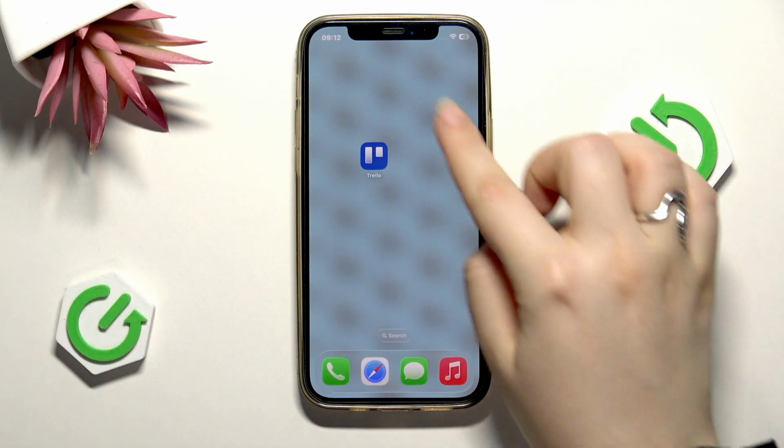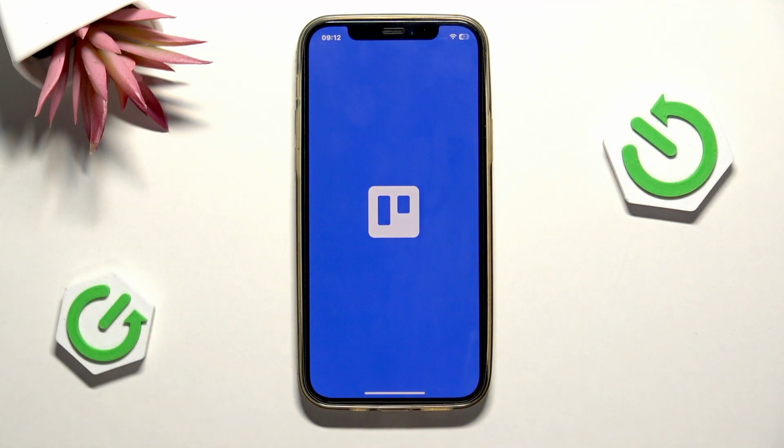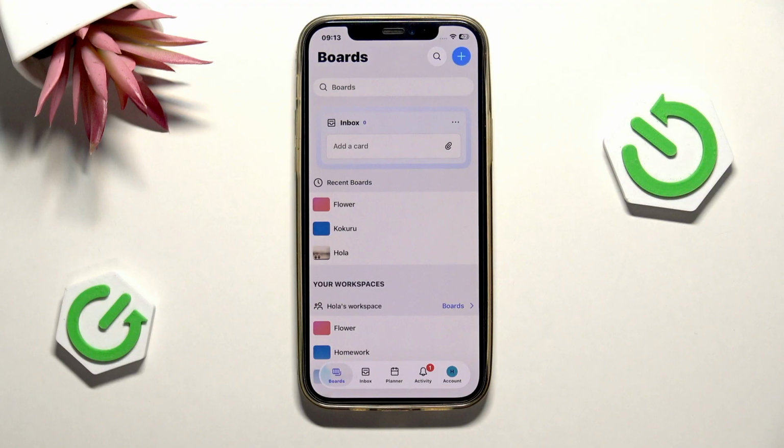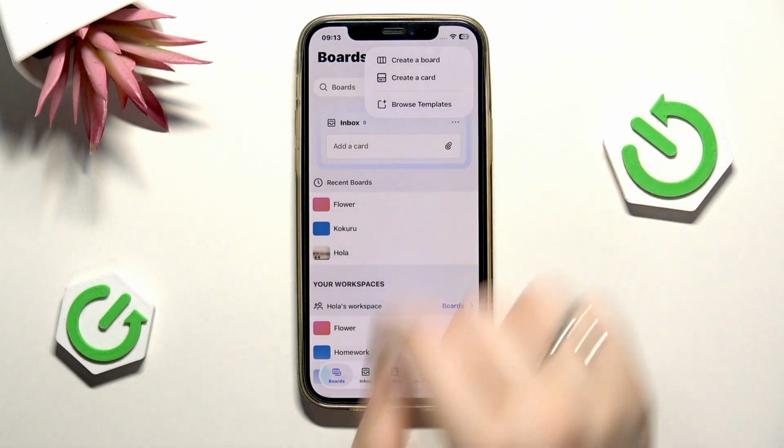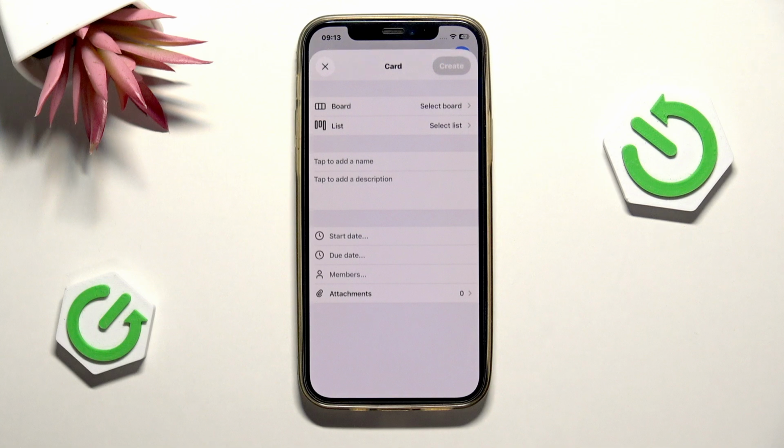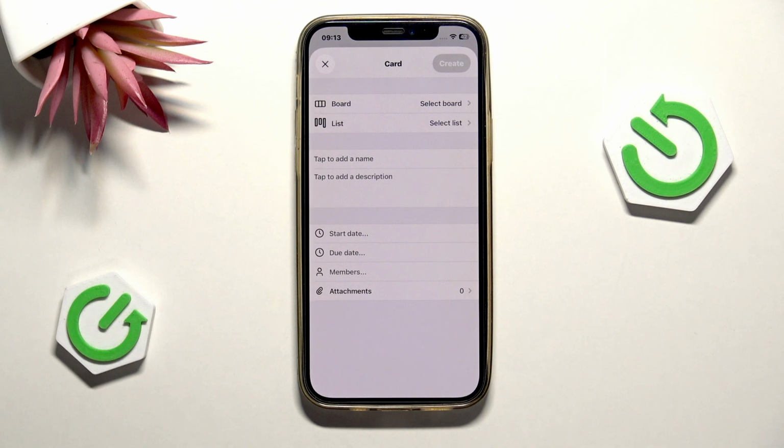So, open the Trello app. On the upper right corner, you will have a plus. Tap here. Here you have Create a Card. Tap here. And now